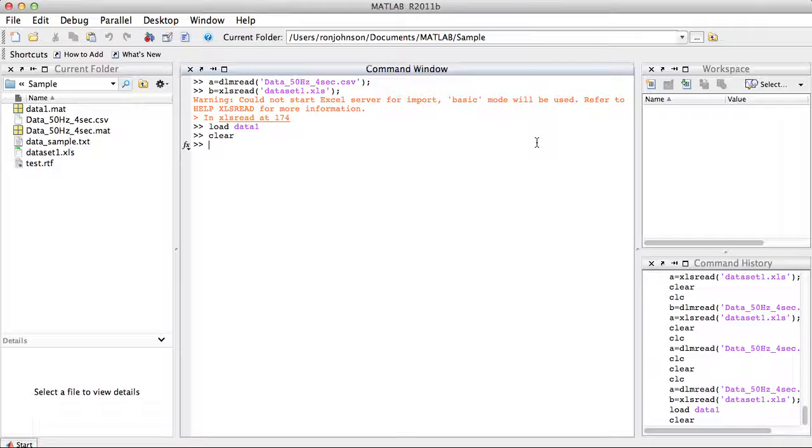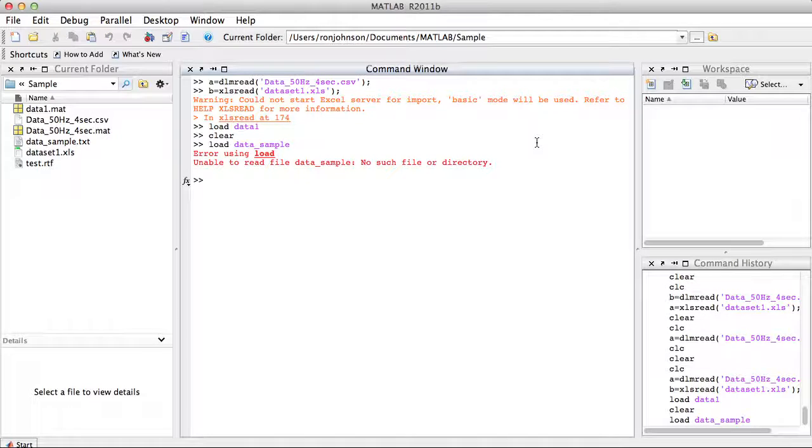Now if you're using the load function to import a file that's not currently in the correct format, i.e. the data sample text file, we just type in load data sample and you see that we have an error. So again, we'll have to use the import wizard either through the file drop-down menu or by dragging and dropping into the workspace. Since we know this file is also a numerical file, we can also use dlmread to import